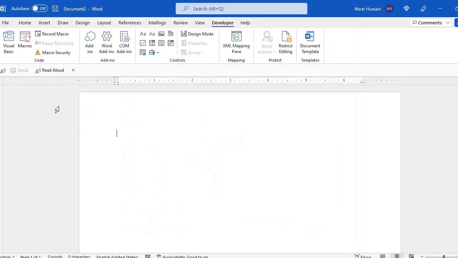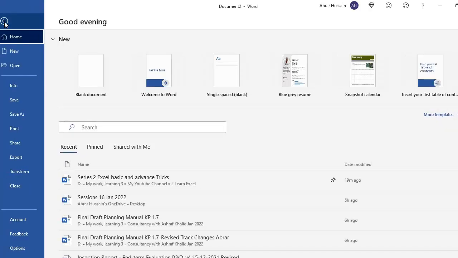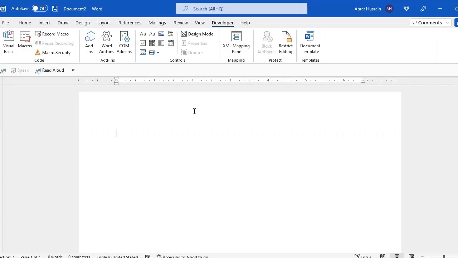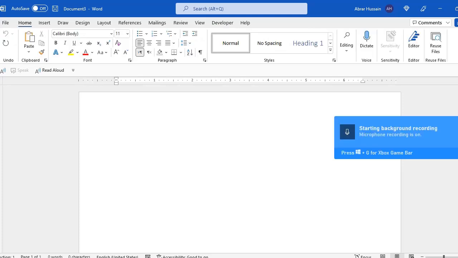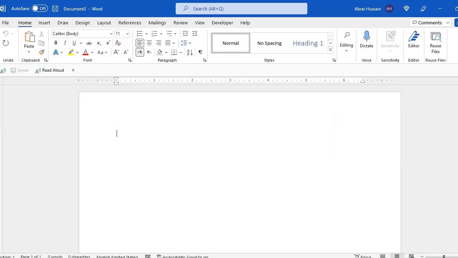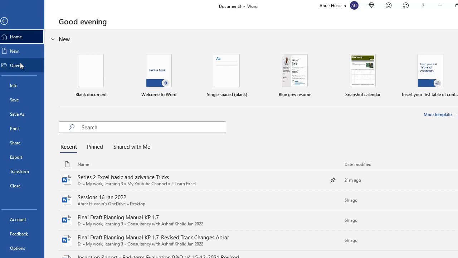Now we go to the Microsoft Word, and here I want to share with you some more important tips and tricks. Another very important trick in MS Word is that sometimes people ask me how to open a PDF file in MS Word so that it is editable. So you can now open a PDF file directly from this file menu and open option, any PDF file,